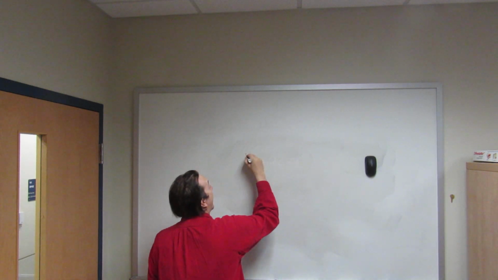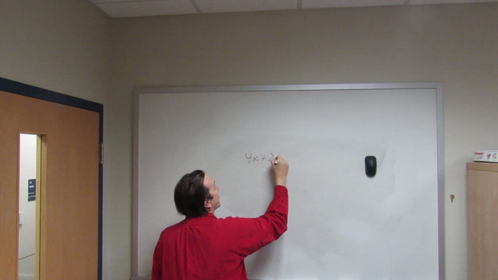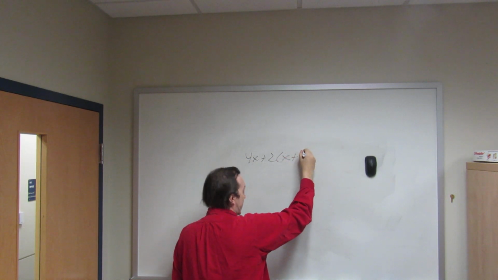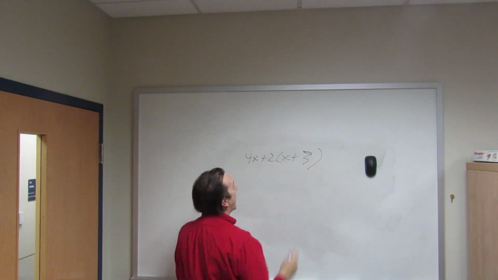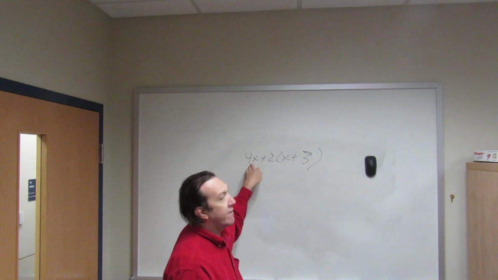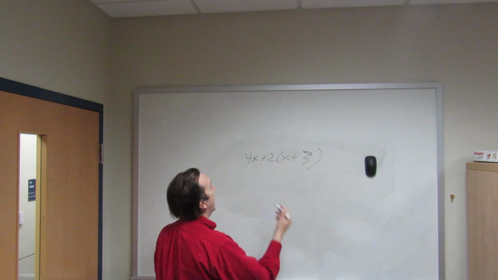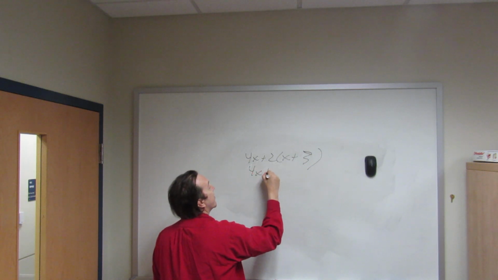Let's say though that we have 4x plus 2x plus 3. So now it's a little bit different. We can't add the 4 and the 2 because they're unlike terms. So we have 4x plus